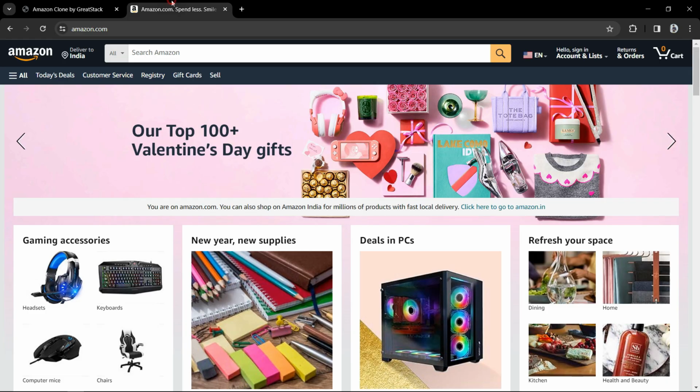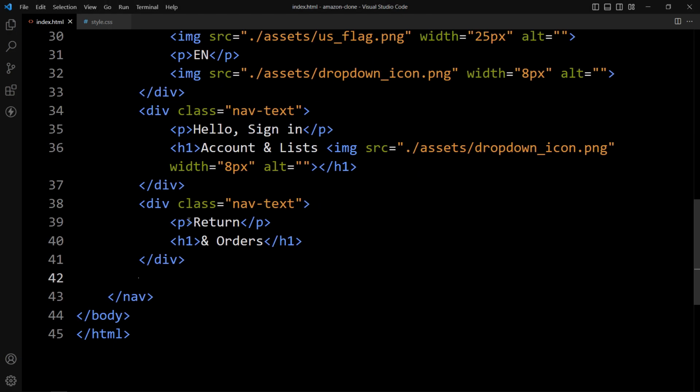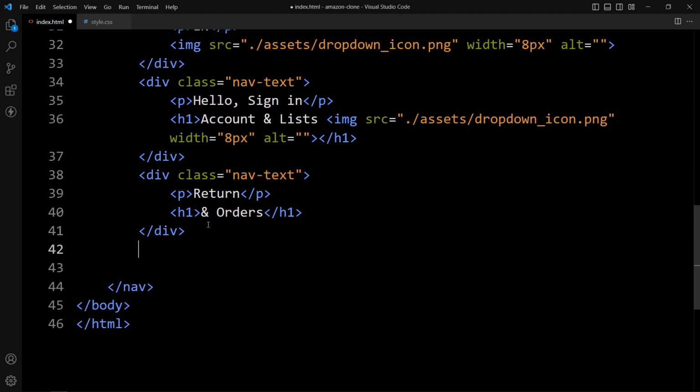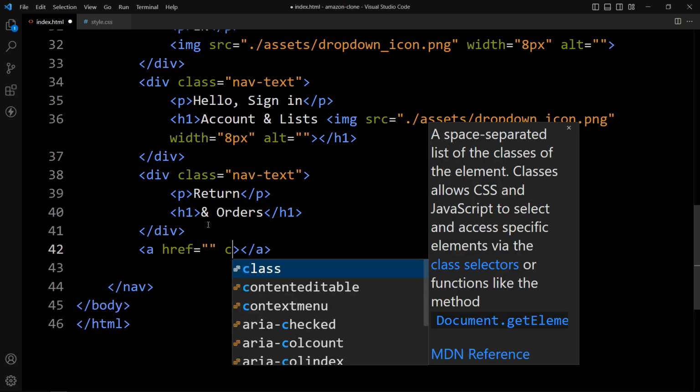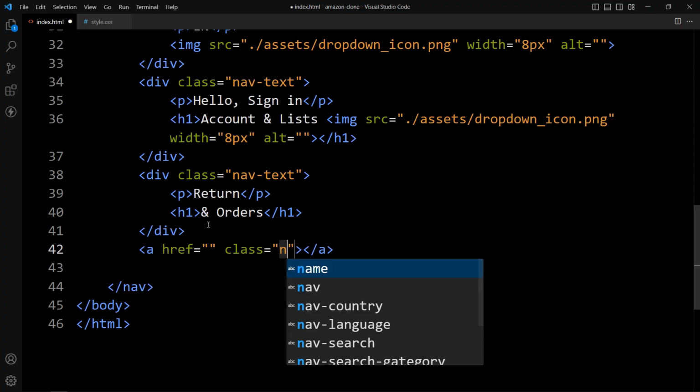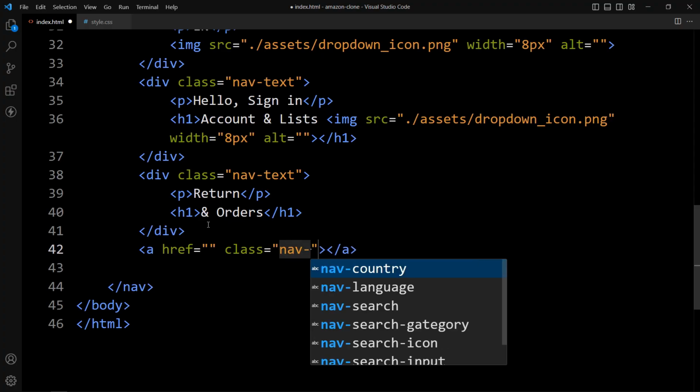After that, let's come back to the official website of Amazon, and here you can see at the top right side of this navigation bar we have the cart icon and text cart. So we will add this one. So let's come back to the HTML file, and after closing of this div, here we will add one a tag, and in this a tag we will add class name. So the class name will be nav cart,